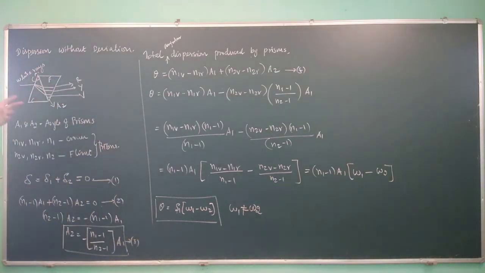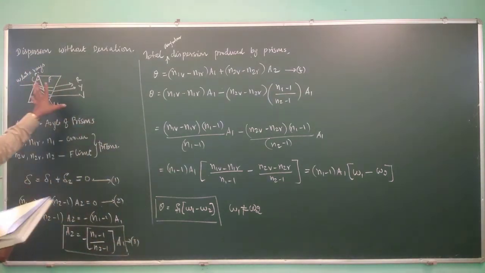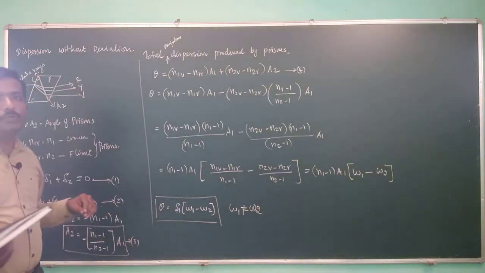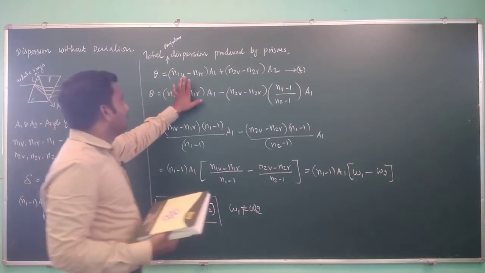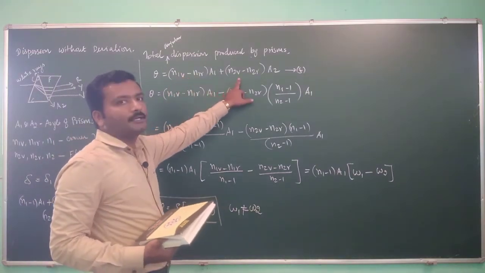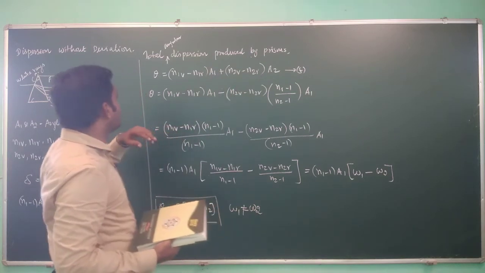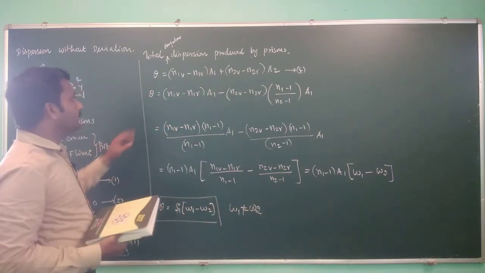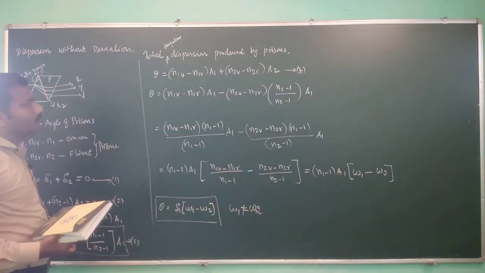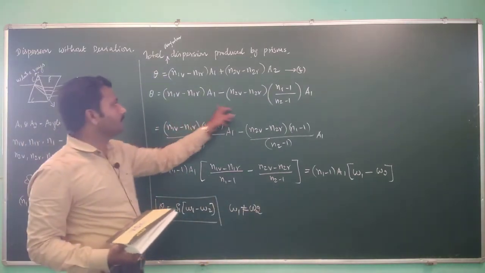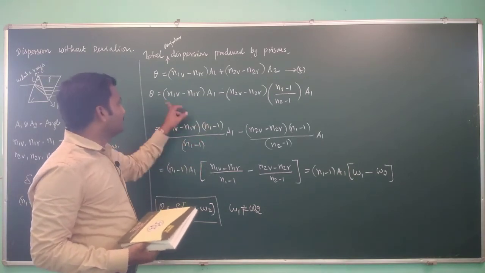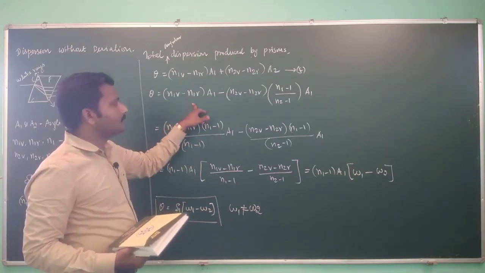Now there is some dispersion produced, and we can write the equation of dispersion. The composition's total dispersion is nothing but the sum of the angular dispersions of the individual prisms. The angular dispersion of the crown prism is n1v minus n1r into a1, and similarly for the flint prism. This sum, not equal to 0, we have defined as theta. In place of a2, we substituted the expression from equation number 3 and obtained this expression, and we multiplied by n1 minus 1 on either side in the first part of this equation.